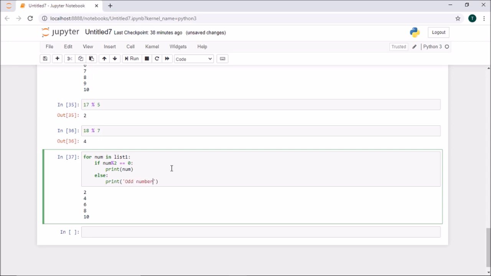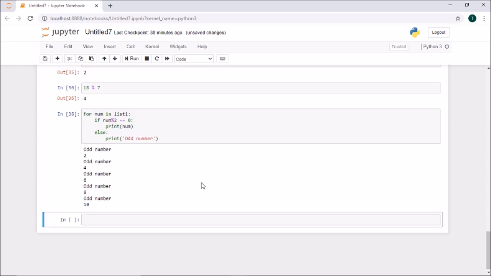So if I run it again, 1 is an odd number, 2 even number, 3 then odd number, 4 even number, 5 odd, 6, right? Hope you are getting that, right?